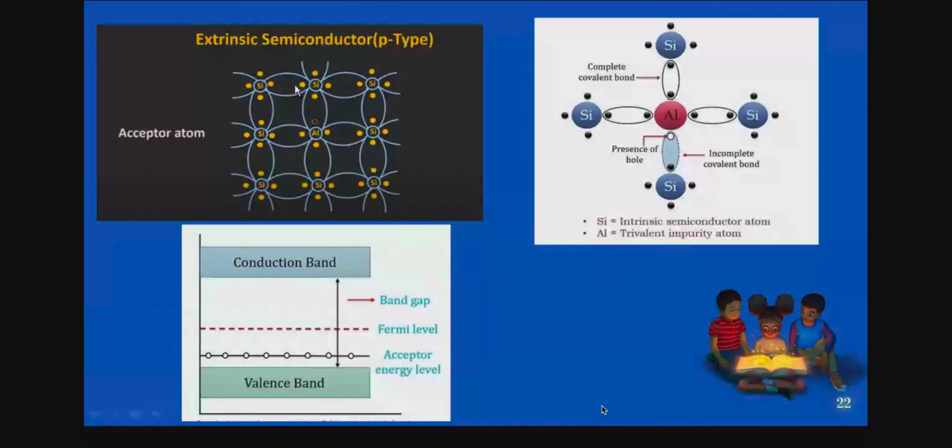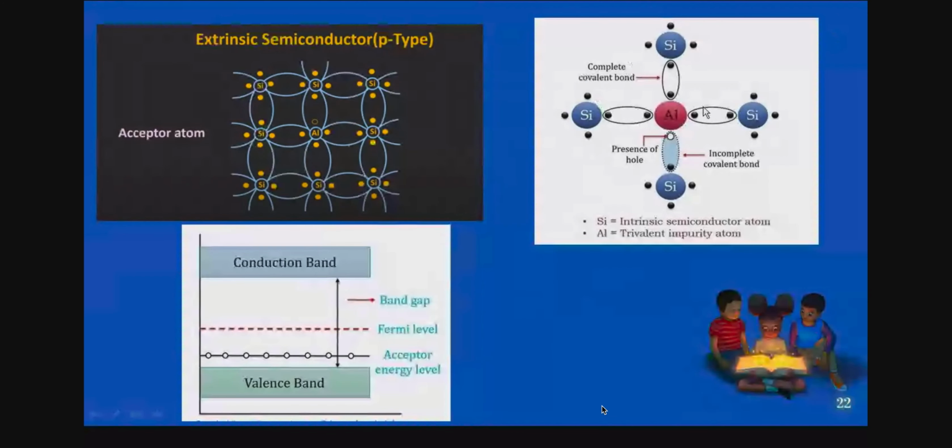Okay. So the aluminum atom is surrounded by the silicon atoms, because aluminum has 3 valence electrons in its outermost orbit. Okay. So there is one deficiency, that is an electron, to form a covalent bond with the silicon atom itself. That means you can say this aluminum is nothing but an acceptor atom. Okay. So there is some vacancy here. So how to fulfill this one, isn't it? Okay. So this is a very weak bond, we can say. When you apply some energy, it easily breaks, right?